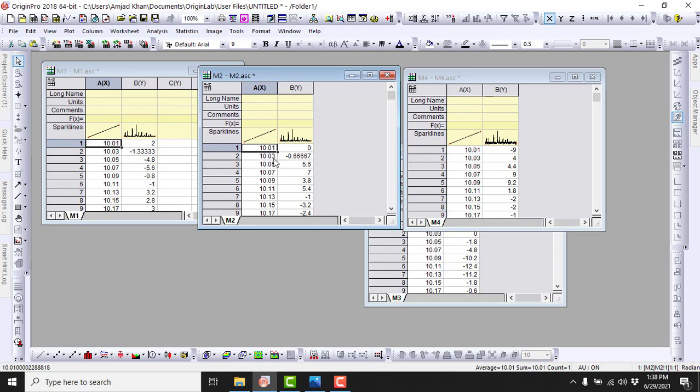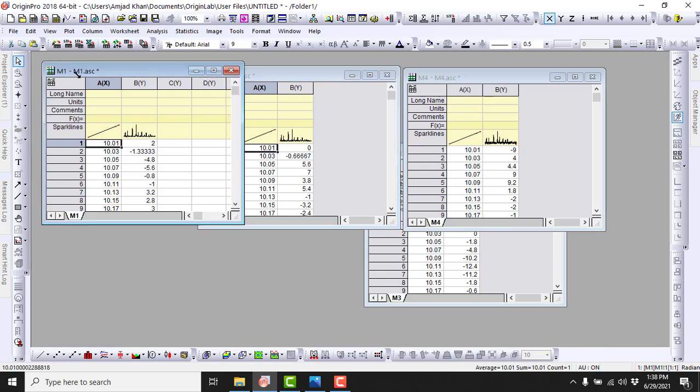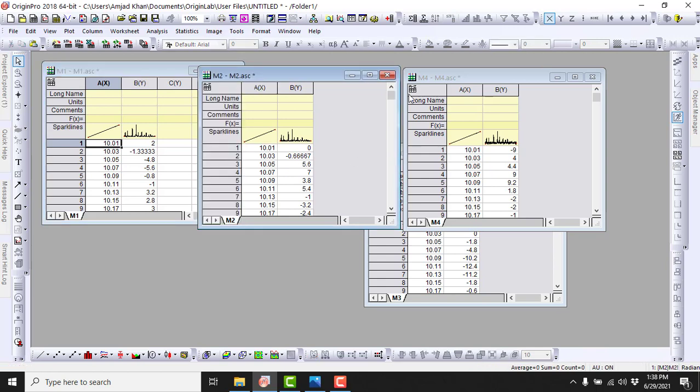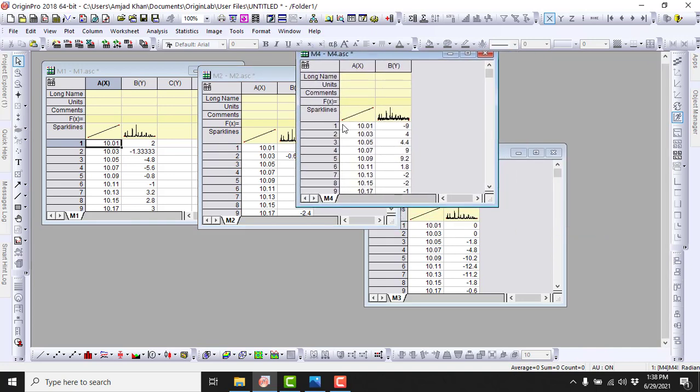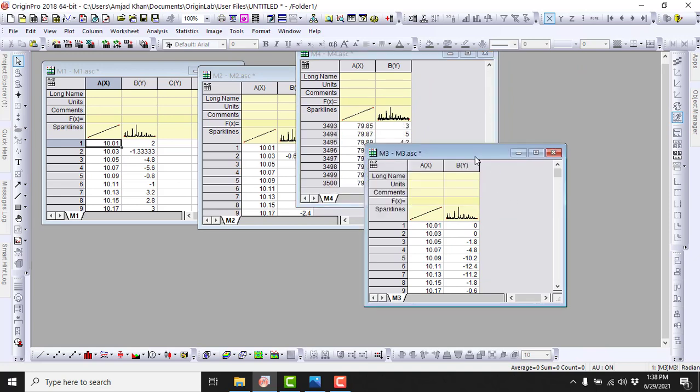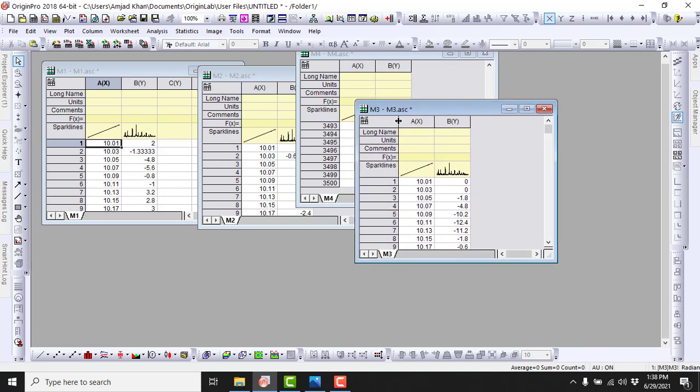The scan rate is 0.02 degree, which is the same as the M1 sample, and the spectral range is from 10 to 80 degrees, which is also the same. Here is my M4 sample. The scan rate is also 0.02 degree and the spectral range is from 10 to 80 degrees. This is the M3 sample. The scan rate is the same and the spectral range is also the same.